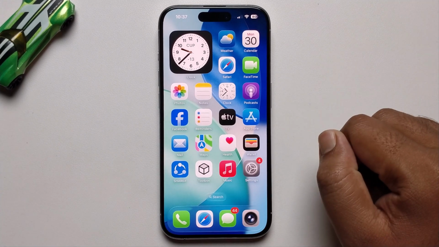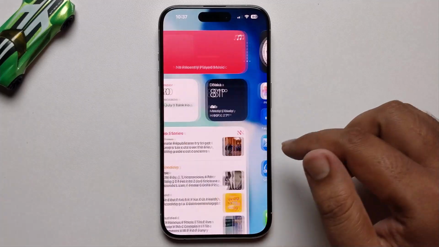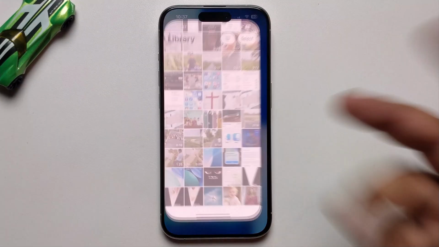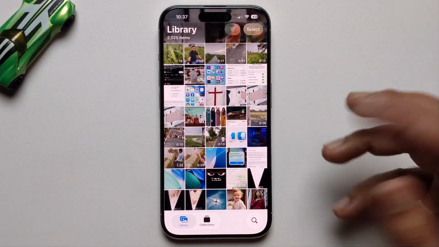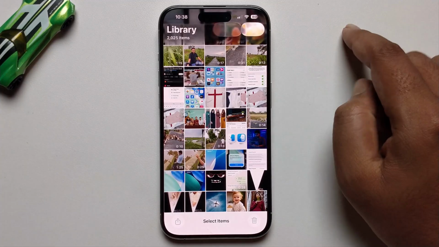Hey guys, today I'm gonna show you how to hide a photo or video on iPhone iOS 26. So first, select the photo that you wanna hide. Like, select these three images to hide, press on select,